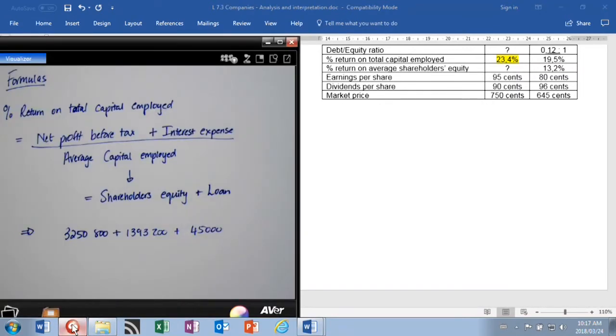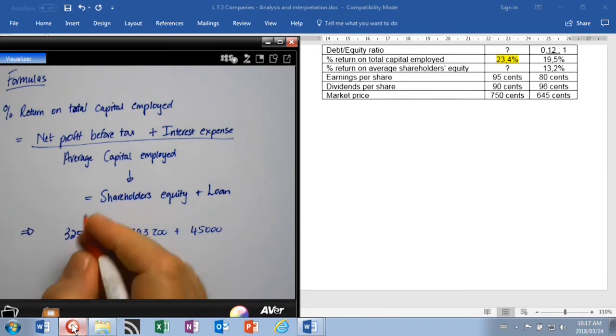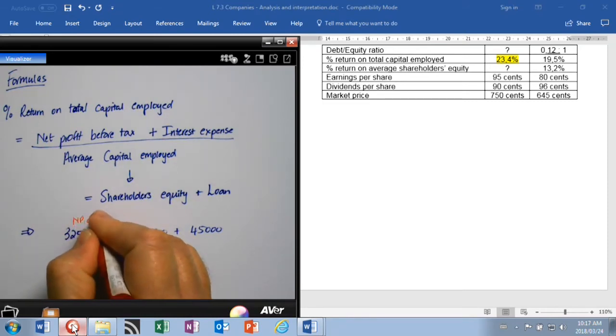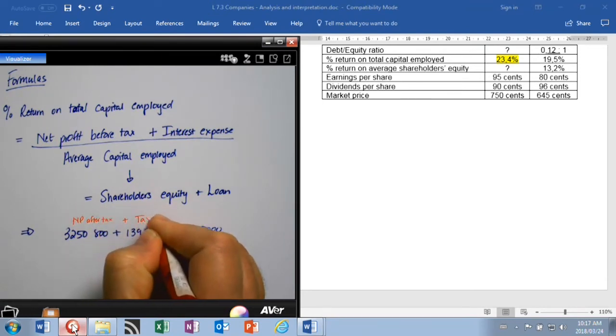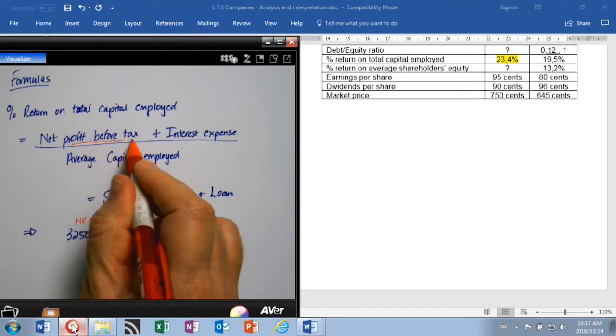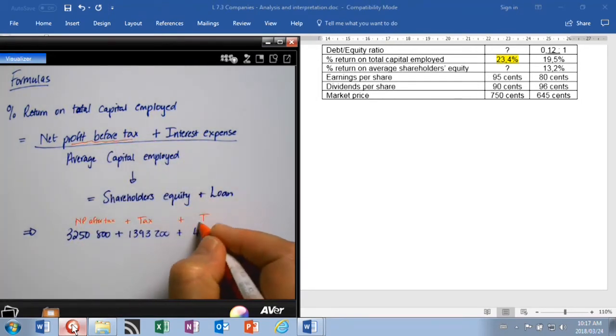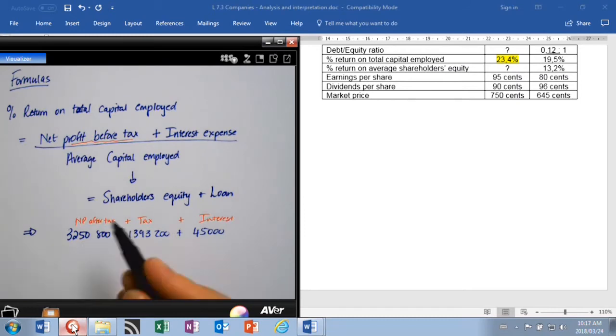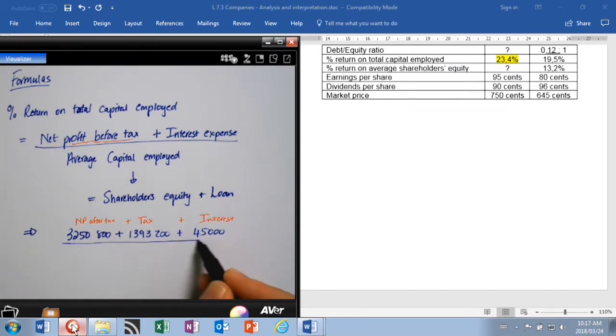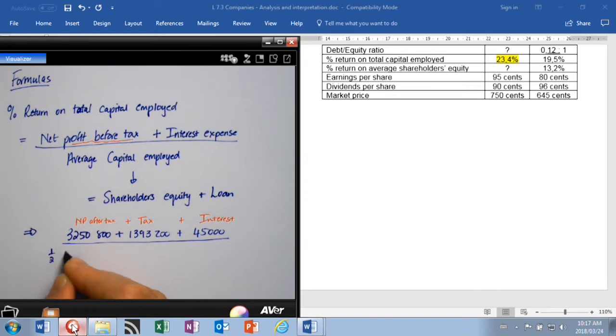I took the net profit after tax. I add the tax because I need net profit before tax, and I add the interest expense, and that we are going to divide by the average of